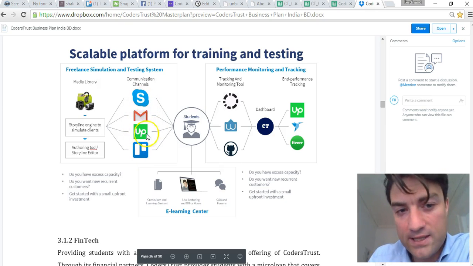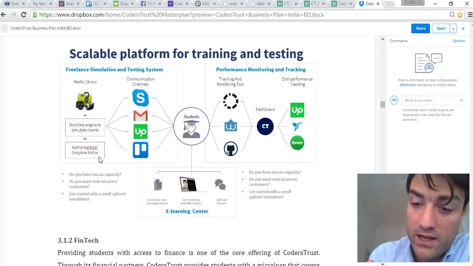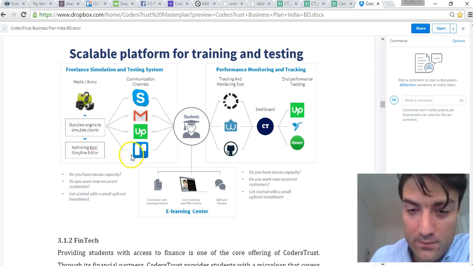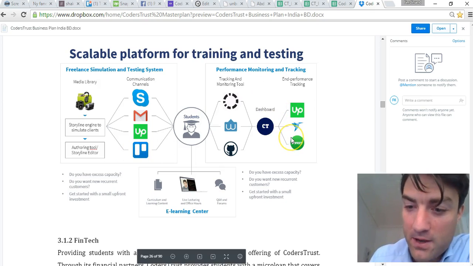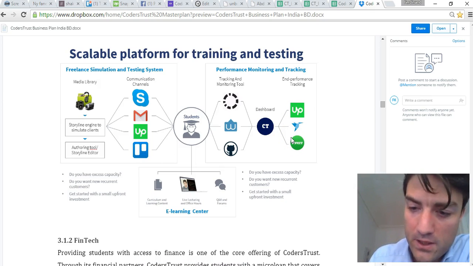So the student is just sitting with his traditional online tools, and we have a storyline engine, a simulator that simulates an actual customer. In that way, we're able to test the students and make sure they are qualified before we set them loose on the real freelance market, where it's a real paying customer. So I think simulation is going to be a main factor and key to driving down the cost